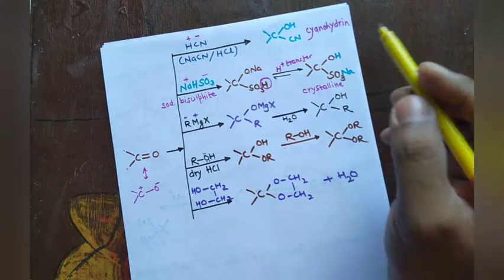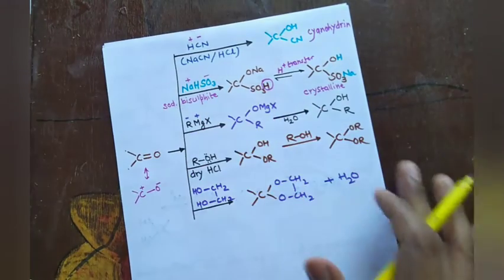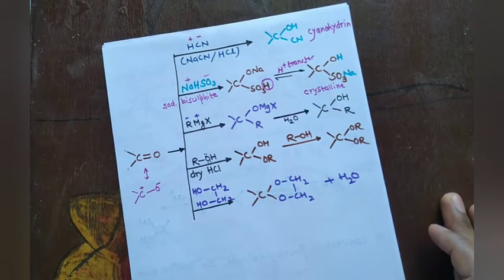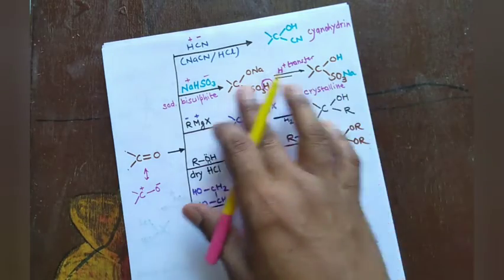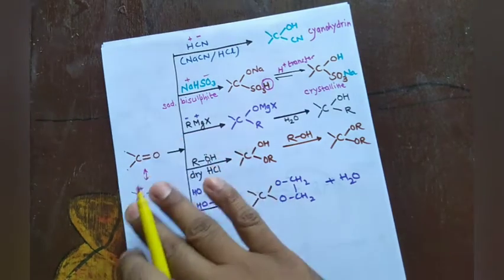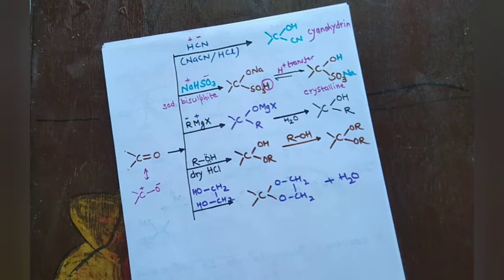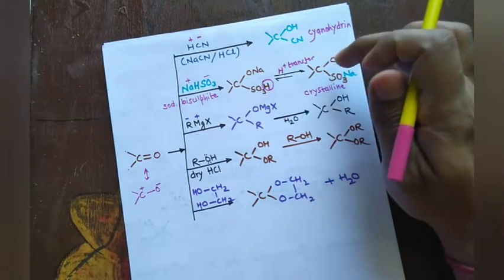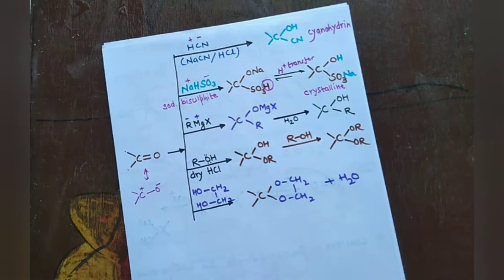Now this reaction, the addition of sodium bisulfite, is used to separate aldehydes from any other functional group containing compounds. Moreover, it can be used to purify aldehydes or separate out aldehydes from ketones in which the alkyl group is bulkier. It is because ketones are less likely to undergo this reaction because of steric hindrance, whereas aldehydes are more susceptible to being attacked by NaHSO3. From this crystalline compound we can get back the aldehyde by just adding sodium carbonate.